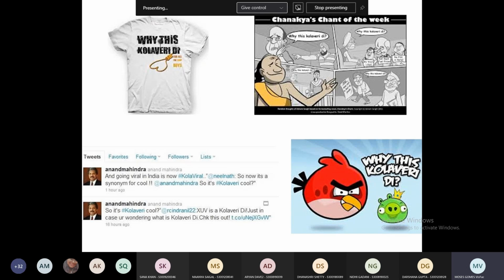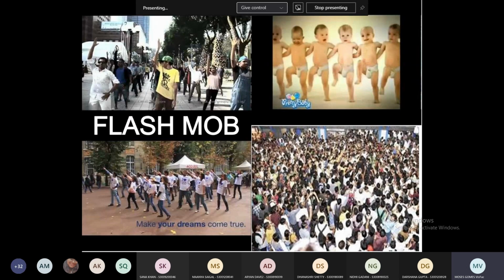"Arre, have you seen this song? It's like a solid song." So everybody started sharing this particular song. Once that particular phase got activated, they activated another phase. They had flash mobs at different locations. Churchgate Station had a flash mob. Singapore had a flash mob. Then you had small kids